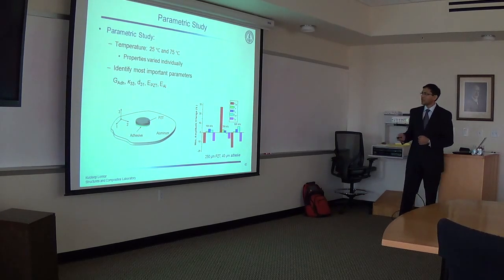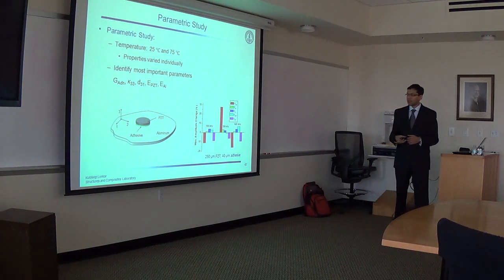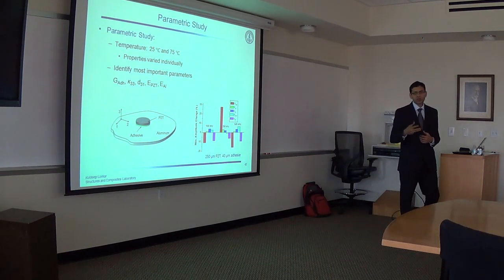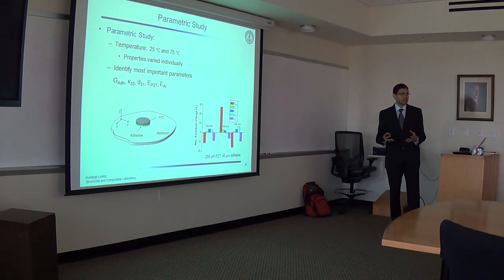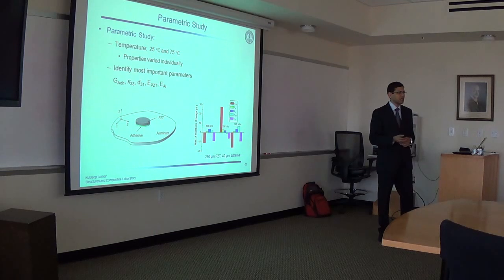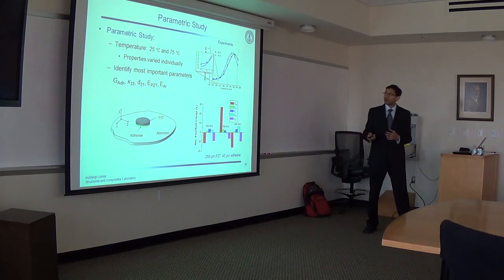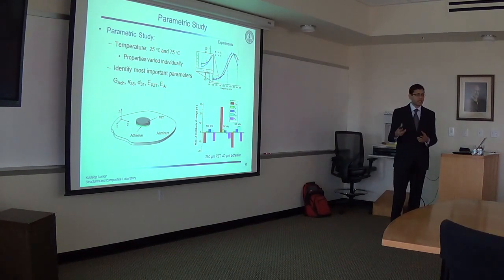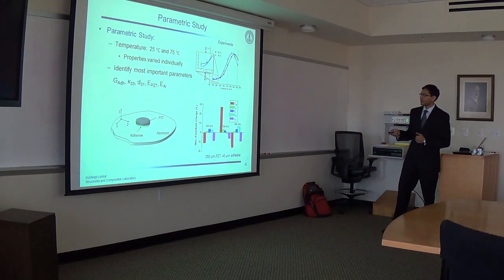And as you can see, the most important property is the shear modulus of adhesive, this red bar. That influences the sensor signal amplitude significantly. The other properties are the electromechanical properties of the piezoelectric material, kappa 33, D31, and the Young's modulus of PZT and aluminum. Now, if we look at the experimental results, which contain the variation in all material properties, you can see that the amplitude decreases at 150 kilohertz. At 350 kilohertz, the amplitude increases with temperature, and here again it decreases with temperature.